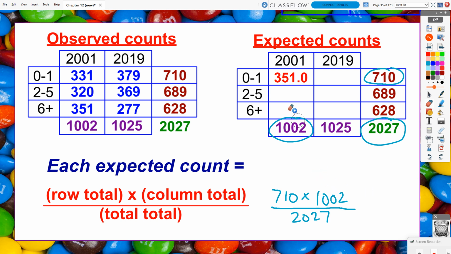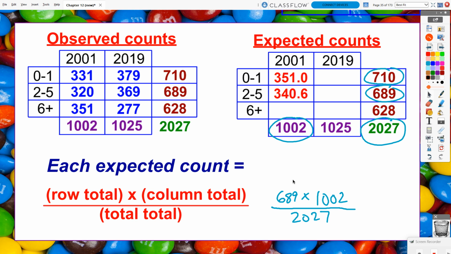Let's take a look at, let's say, the 2 to 5 for 2001. The only thing that's going to change is that 710 is going to go to a 689. The column total is still the 1002, and our total is still 2027. So we can make a slight adjustment in our calculator, and then we could get that this expected count is